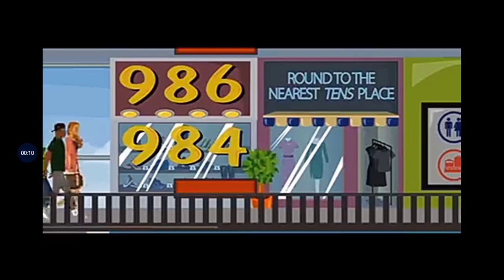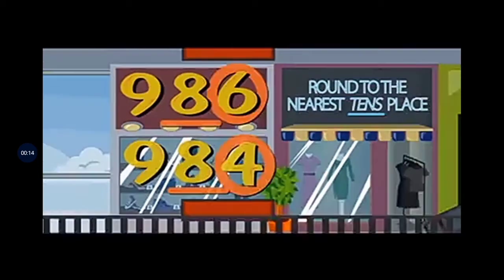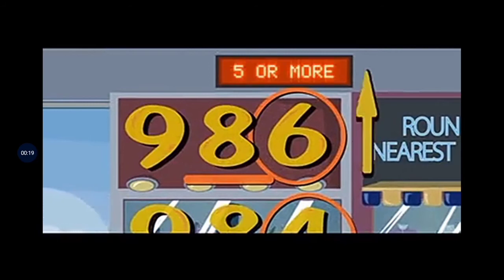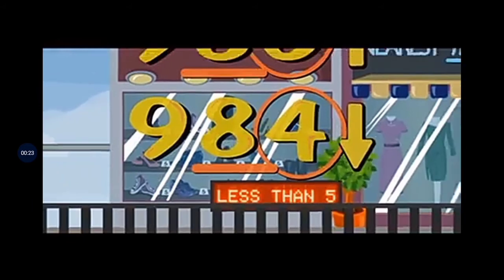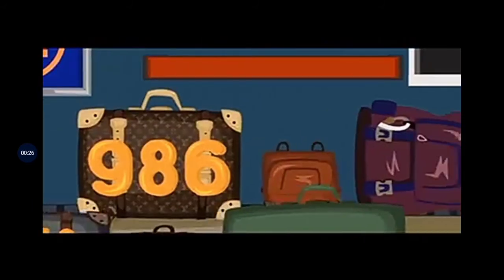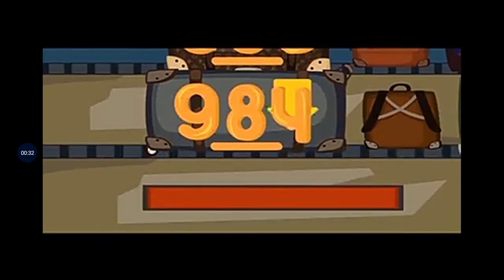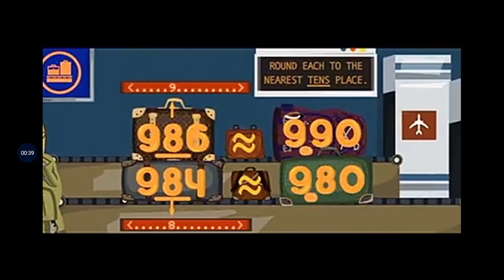When rounding to a certain place value, find the rounding place, then continue to look at the number to the right. If the digit is 5 or more, then you round up. If the digit is less than 5, then you round down. That's how the rounded number is found. When rounding up, the rounding place goes up by 1. When rounding down, it stays where it had begun. The numbers to the right of the rounded digit